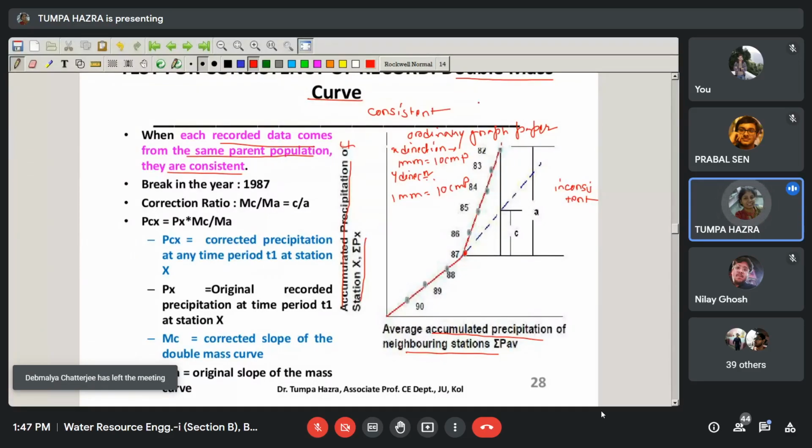So you can say that this data is inconsistent in nature, and the inconsistency started at 1987. Now how will we correct the data? For that, from the base year,